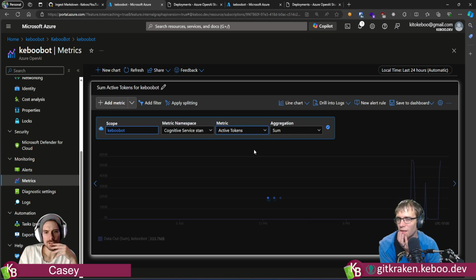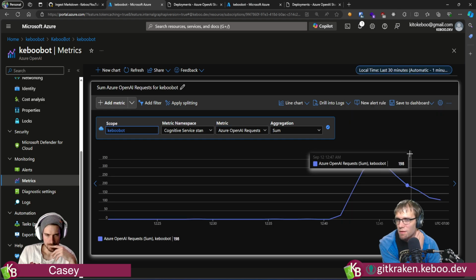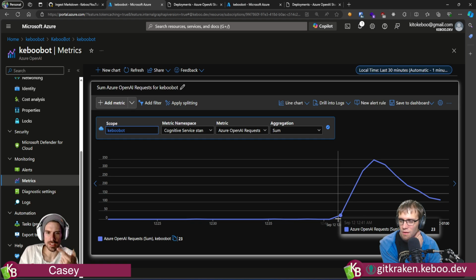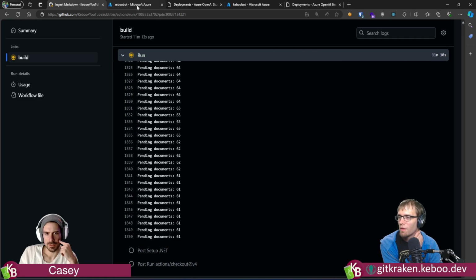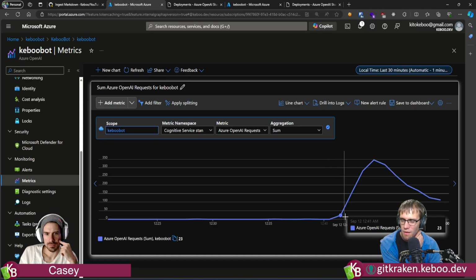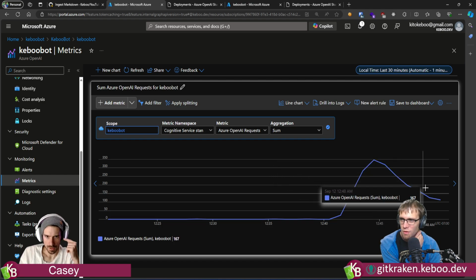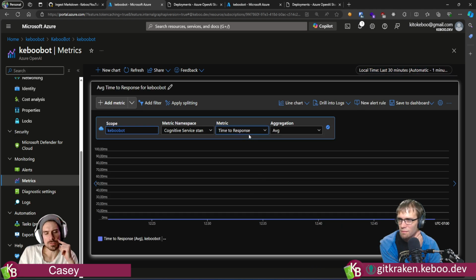Data out. Interesting. Let me dial this down to like the last 30 minutes. There's a more interesting graph, because this was when we kicked it off. And that actually makes sense because that's your 350. We hit the 350 and now we're tapering off. We're at 11 minutes now. This is roughly when we kicked it off. We got all the way up to here, and then it slowly starts falling off the backside. It's interesting that it falls off on the backside.